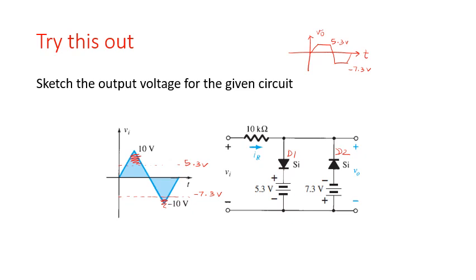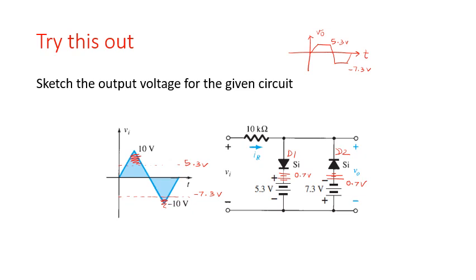Now suppose it is specifically mentioned that your diode is a practical diode. You will have to replace this diode with batteries for when they are forward biased. Now how are you going to replace them with batteries? This will be the battery for diode D2 when it is forward biased. The value of the battery is going to be 0.7 volts, and this will be the battery that I replace for diode D1 with value 0.7 volts. So both batteries in the same direction.